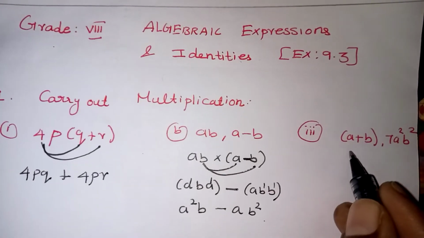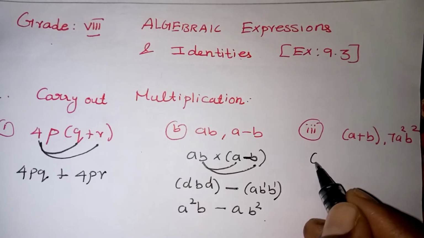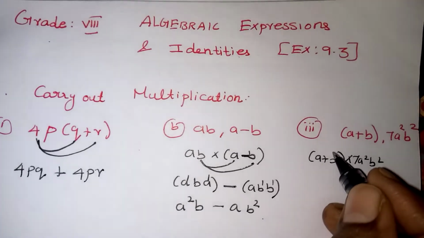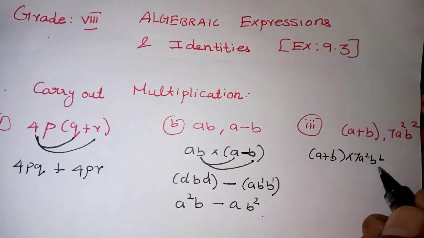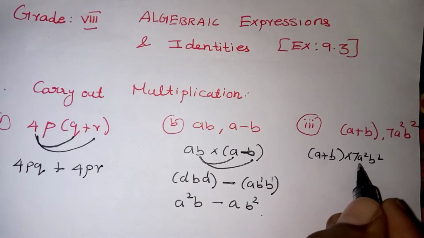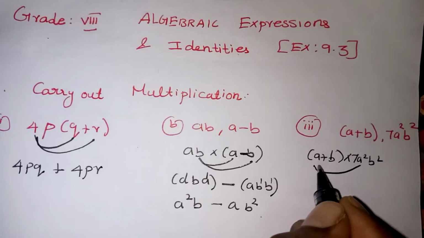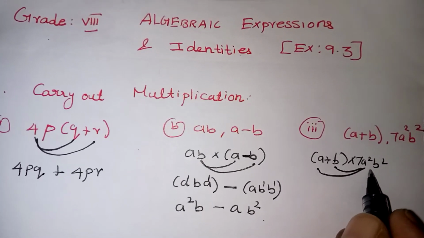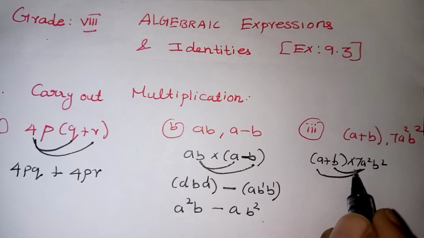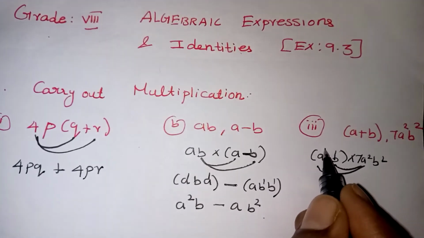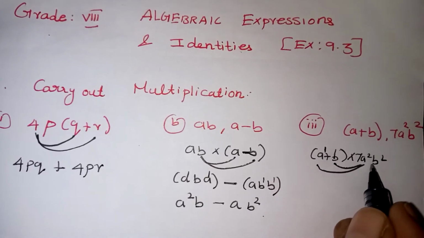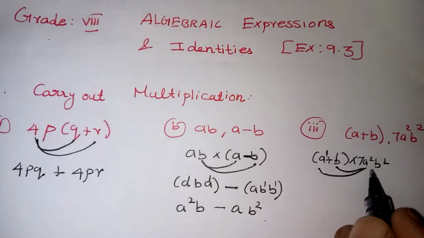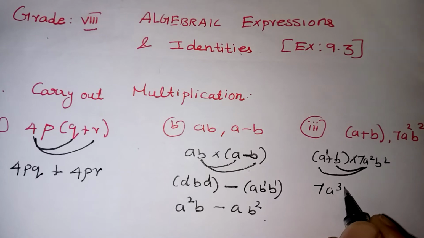Next one, your question is a plus b multiplied by 7a squared b squared. Anyway, wherever the monomial is there, that should be multiplied with both the terms, that is 7a squared b squared should be multiplied with a. Same way 7a squared b squared should multiply with b now. So when you are multiplying with a, very simple, 7a squared b a will come. This a power 1, when we are multiplying with this term, here we have already a power 2. When you are multiplying with a power 1, it will be added. A power 3 will come. So that is 7 a power 3 b power 2.